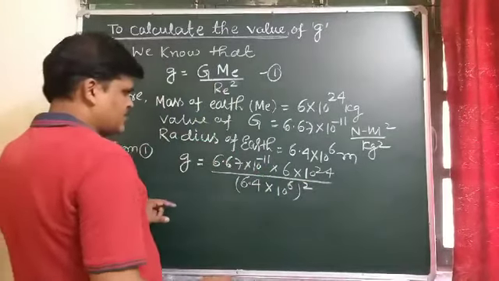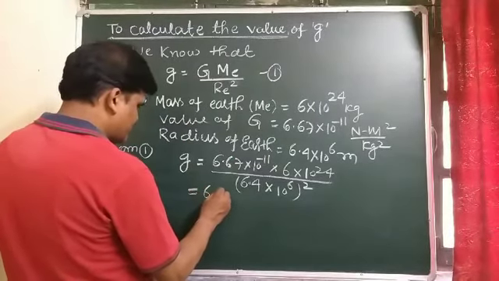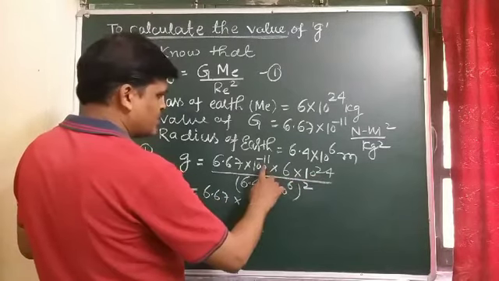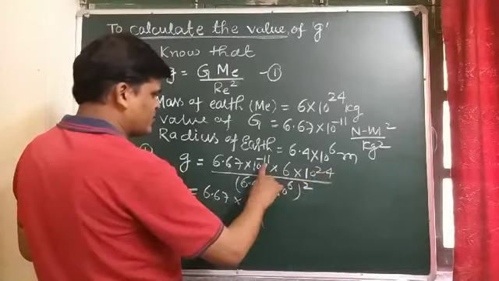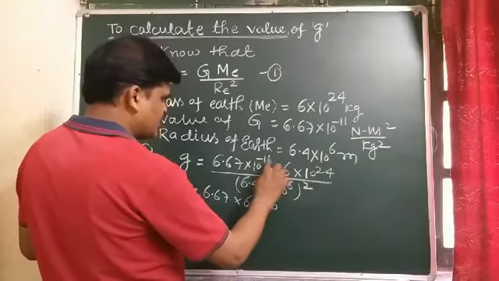And students, solving this, it comes out that 6.67 with 10 to the power plus 24 and 10 to the power minus 11, so combining 24 and minus 11, it comes out to be,